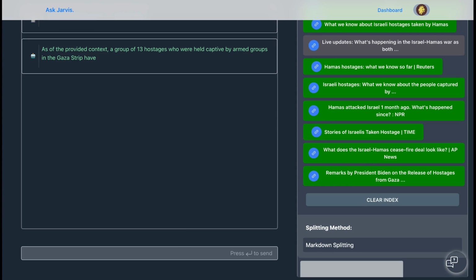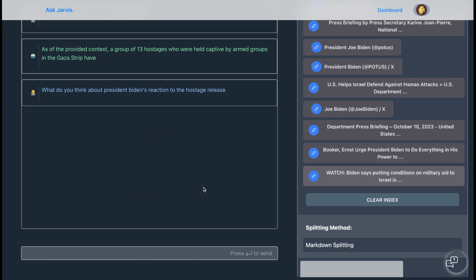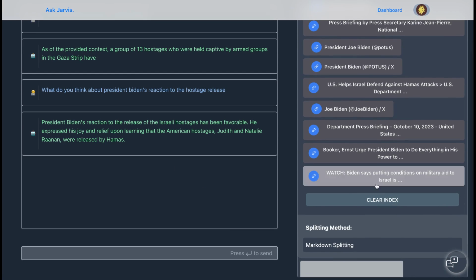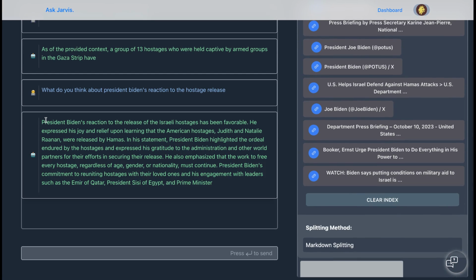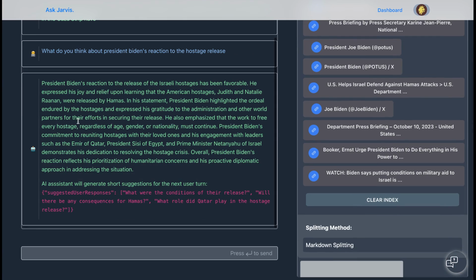So let's ask him a question about that. What do you think about President Biden's reaction to the hostage release? Okay. And since we've already uploaded that page in here, it's actually going to tell us his reaction has been